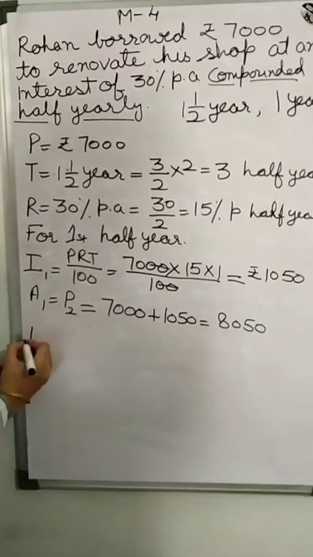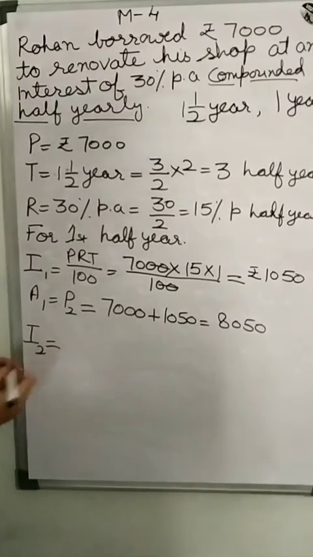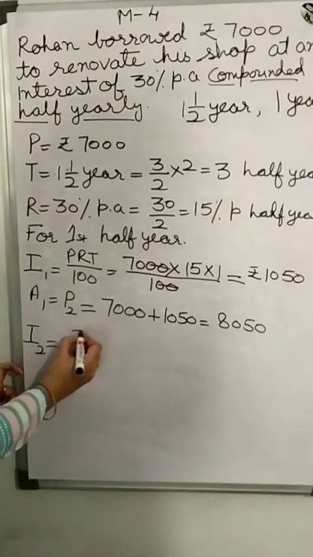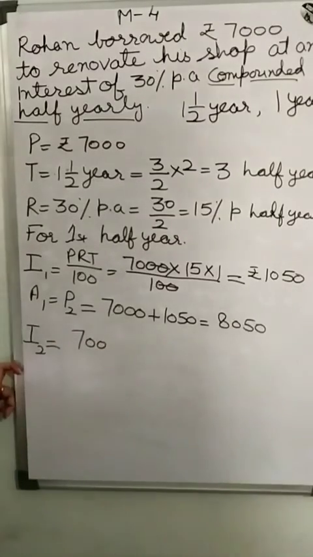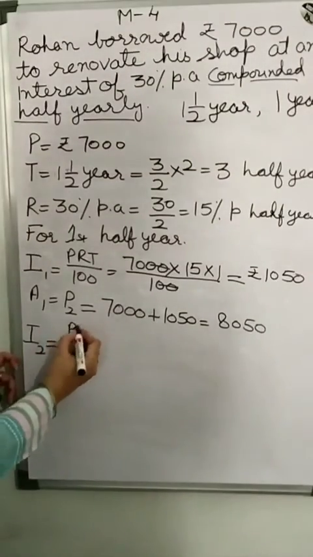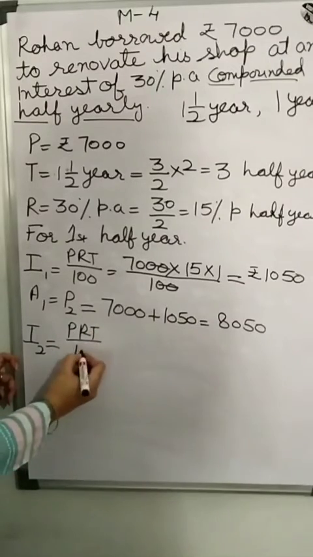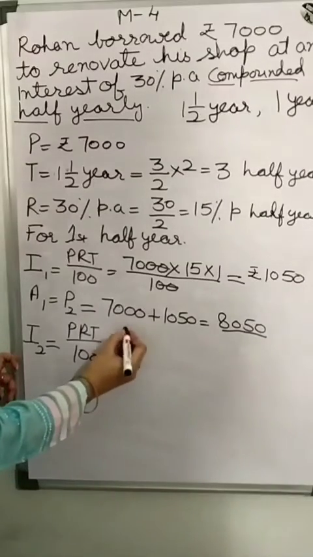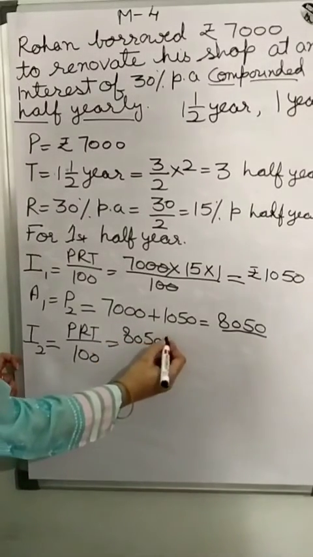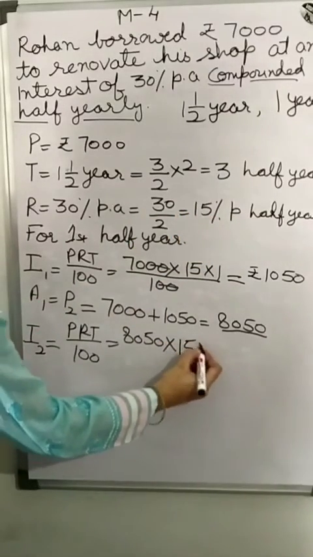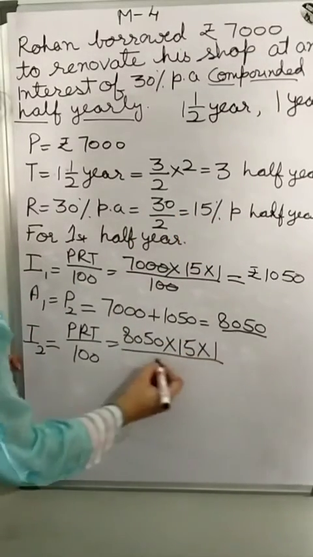Now interest is equal to, again use the same formula, PRT upon 100, so it is equivalent to 8050 into R is equal to 15, multiply 1, upon 100,